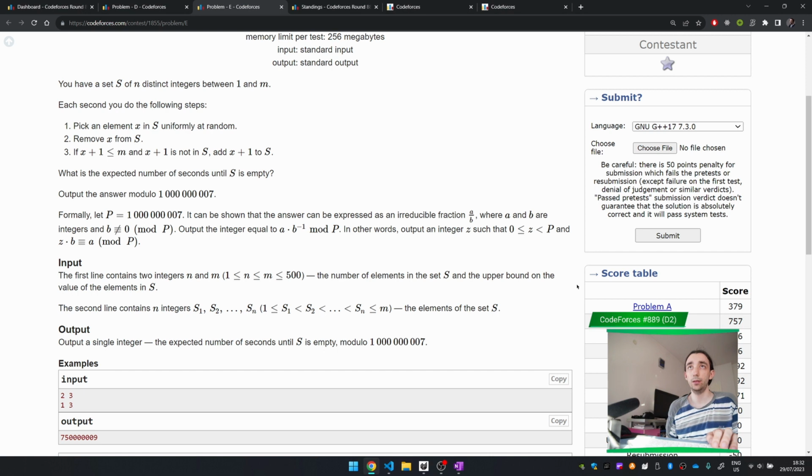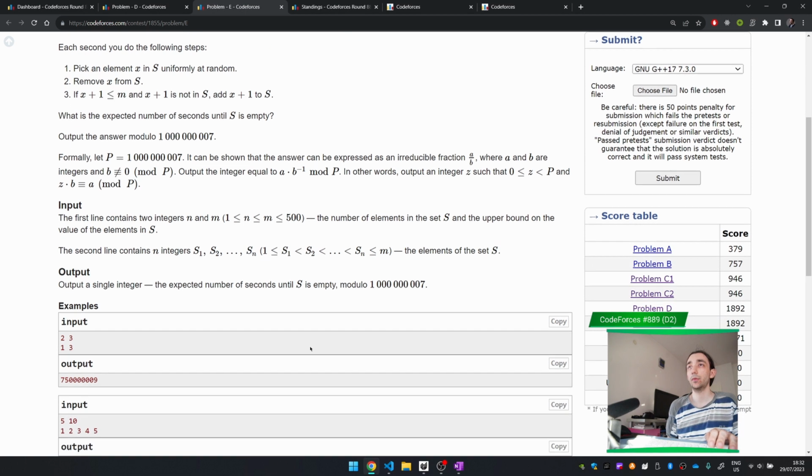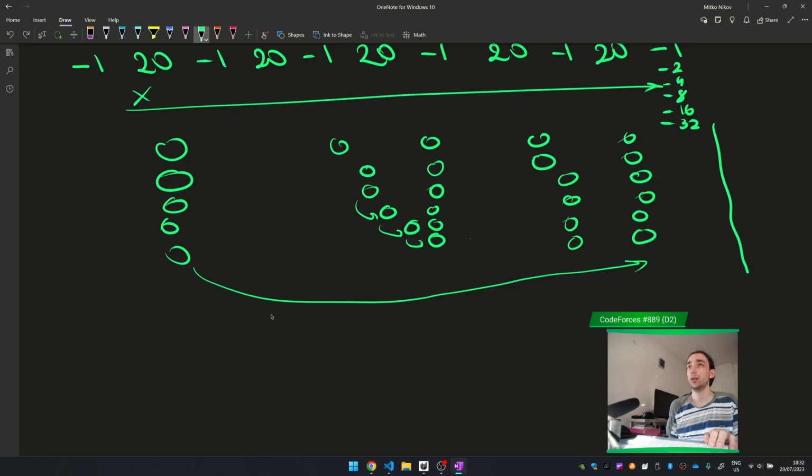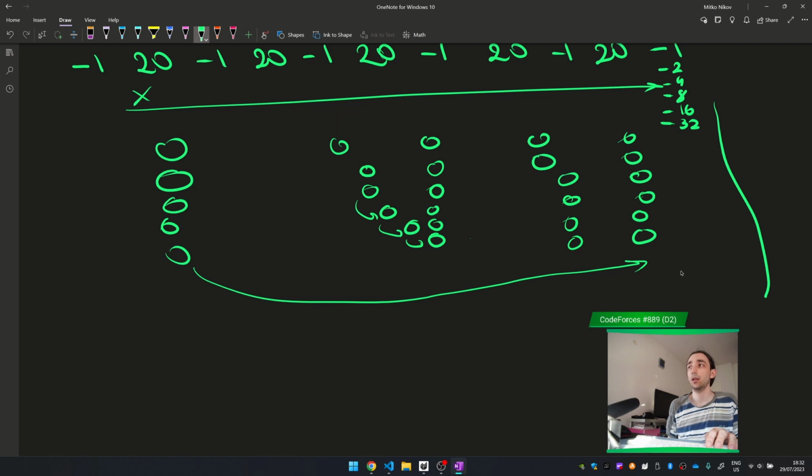Will it disappear? Pick an element, remove X from S. It is smaller than m, so there's some boundary m here, and after they all hit m, it'll just disappear, and that's why m is up to 500. So it's up to 500 because